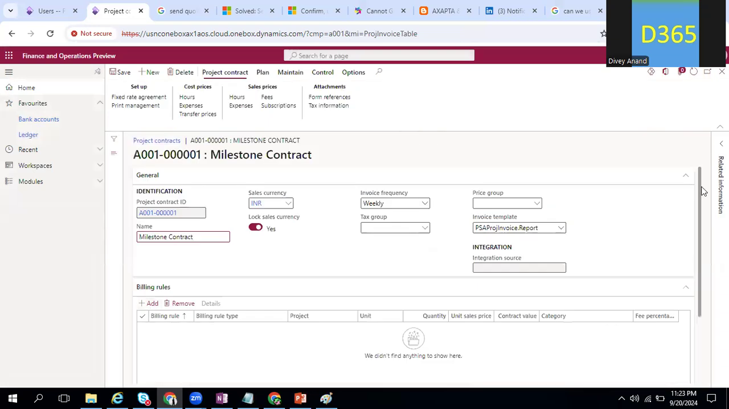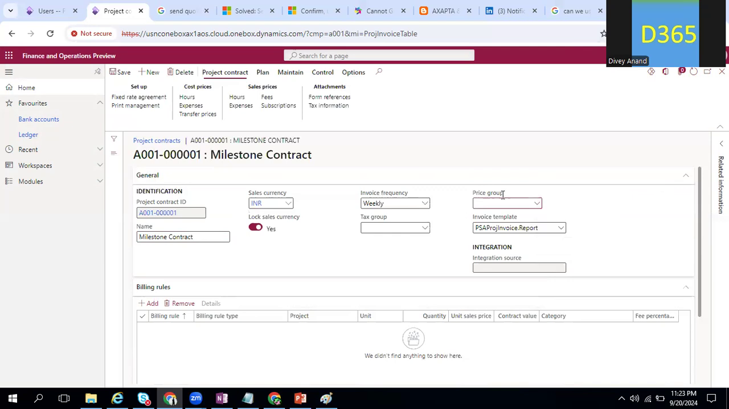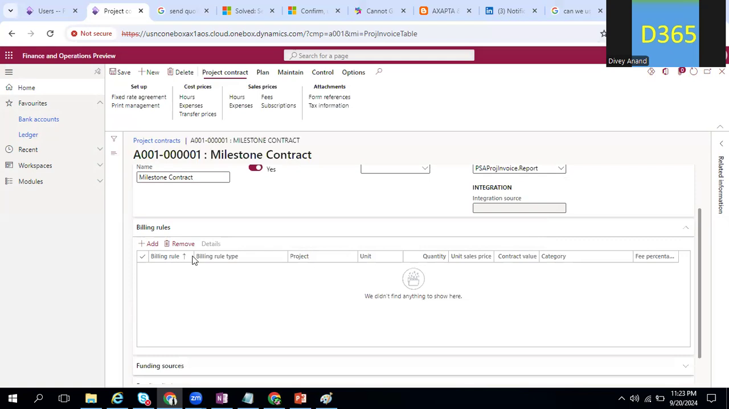Over here, there is a billing rule, which is a question that will be asked of you. There is a tax group. I'm not adding the tax right now. There's a price group, so that you can add over here. This will be required by you. Sorry, this is price group, not project group. Now I will add the billing rules